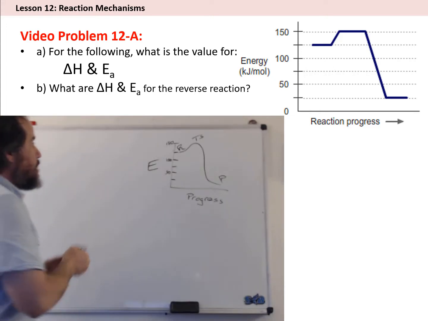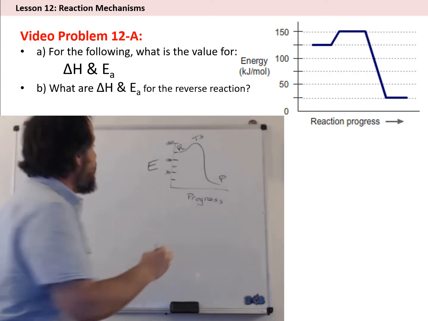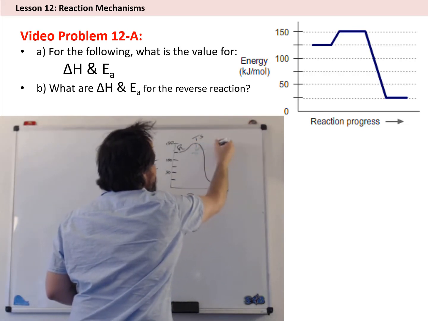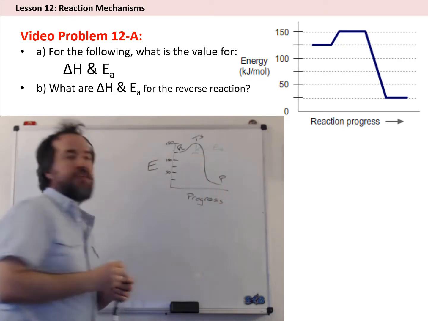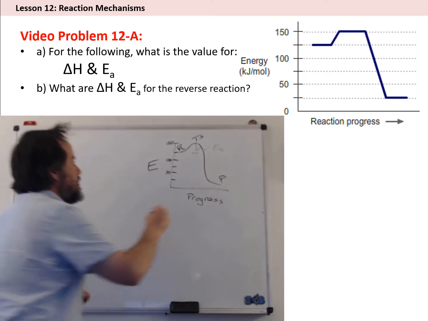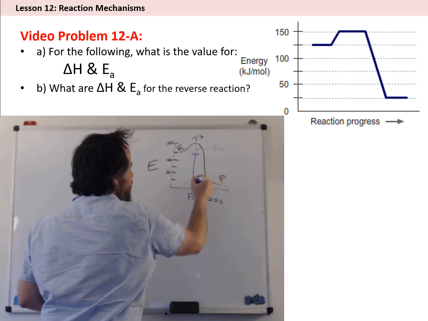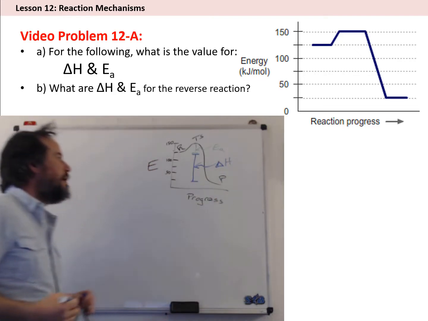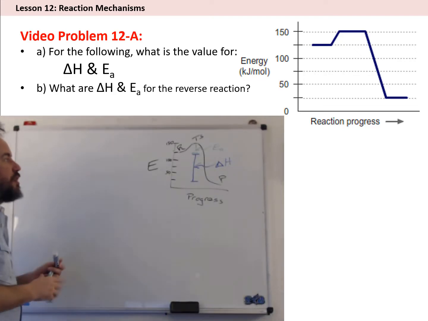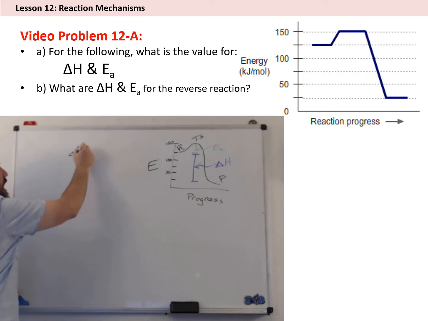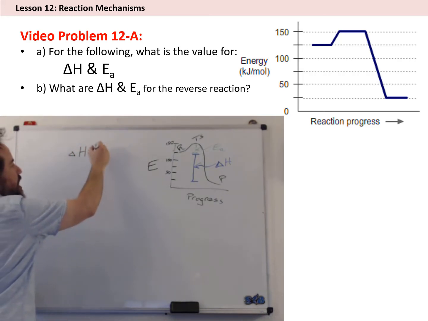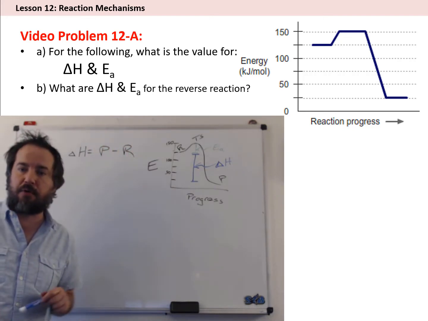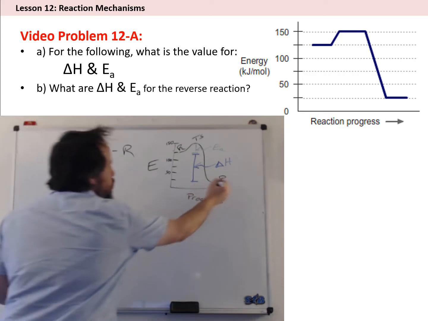Now, from a reaction diagram, we can figure out some things. First, this right here, this is my activation energy, the difference between transition state and reactants. This, the difference in energy between products and reactants, this is my delta H. Okay, so let's go ahead and calculate these two values. So delta H is always going to be the energy of my products minus reactants. We learned this already in thermochemistry or thermodynamics. So my products,